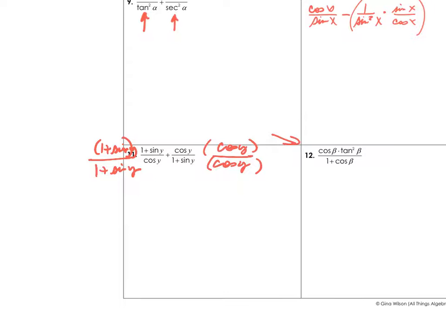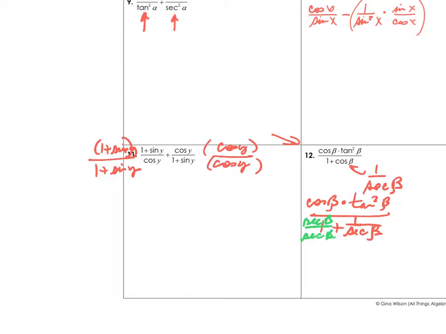This one is probably the hardest one. When I try to plug in sine and cosine for everything, nothing really happened. And so then I had to erase and backtrack. But if you will sub in 1 over secant here, and then get that under a single fraction, so you're going to have cosine of beta times tangent squared of beta all over 1 plus secant of beta, and then get a common denominator, so that would be secant of beta over secant of beta. This one's complicated, so I'm going to go back to red. So cosine of beta times tangent squared of beta, and then you have secant of beta over